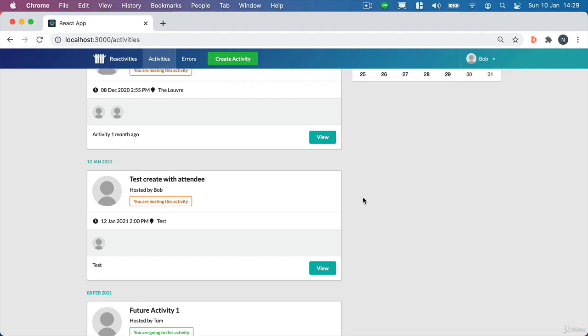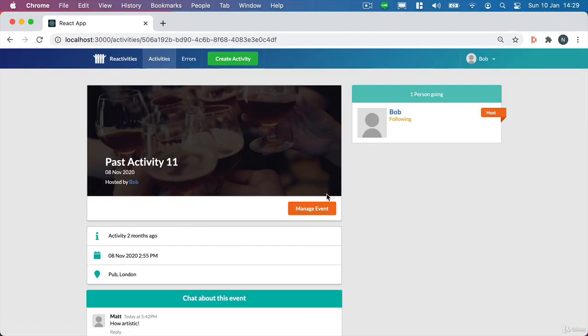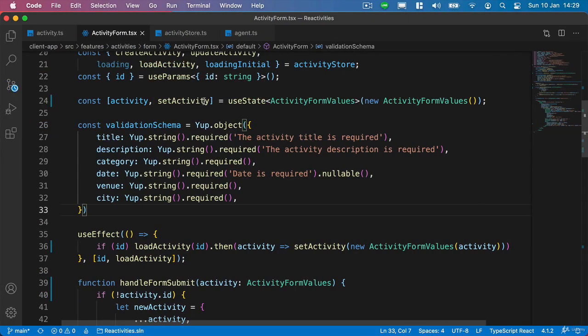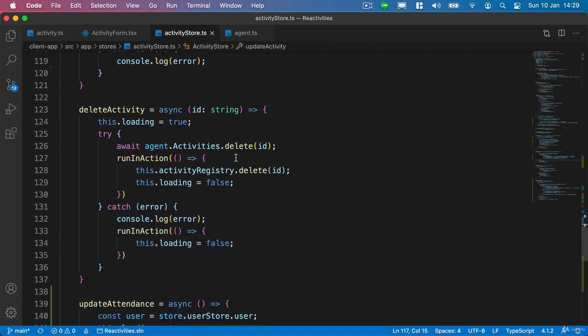Okay, next task is to allow users to cancel activities, and what we'll do, we'll add an additional button for those that are managing an event onto the left hand side here to allow them to do so. And that's going to be a toggle, and we'll add some user interface elements to let them know that the activity has been cancelled. So what we'll do, head back to VS Code, we'll go back to our activity store,